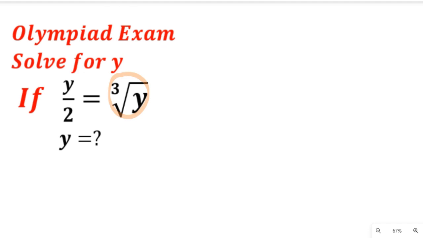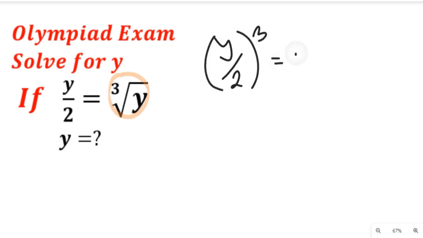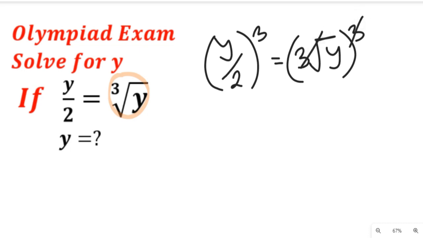And what do you think we'll do if we want to clear the cube root? If you want to clear a cube root, then the first step to take is to cube both sides. Now let's cube both sides. This will give us (y divided by 2) all cubed, and this will be equal to (the cube root of y) all cubed. So according to the rules of mathematics, this cube will clear this cube root,